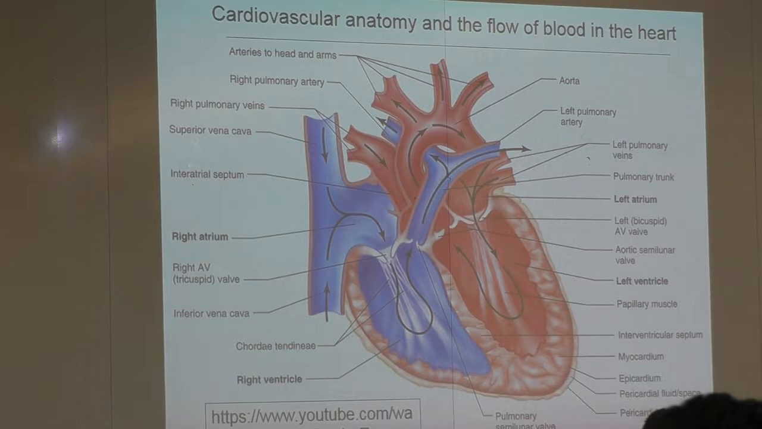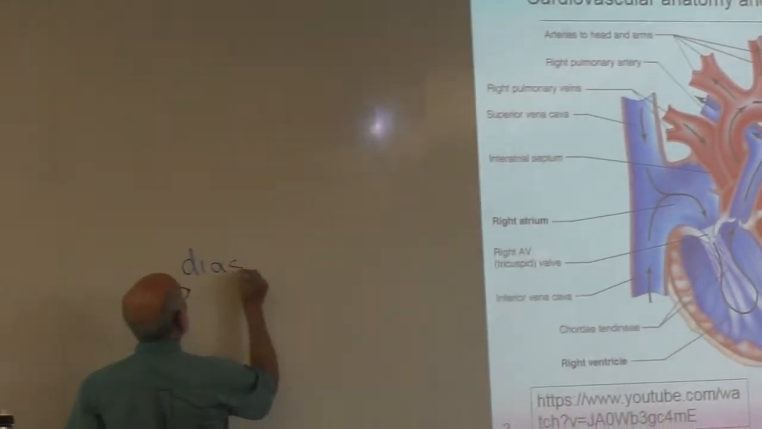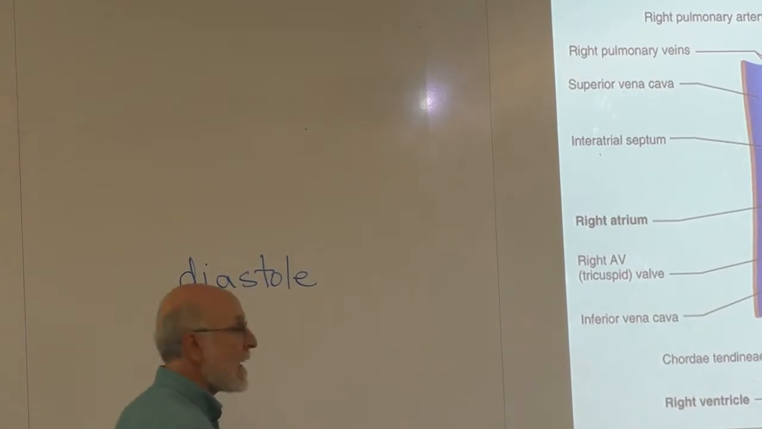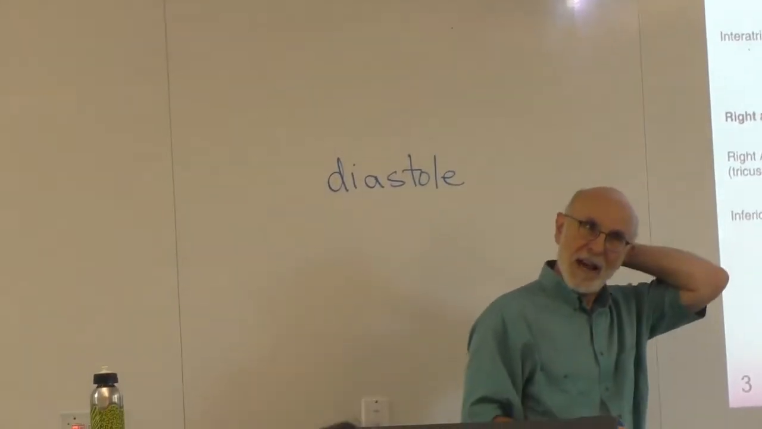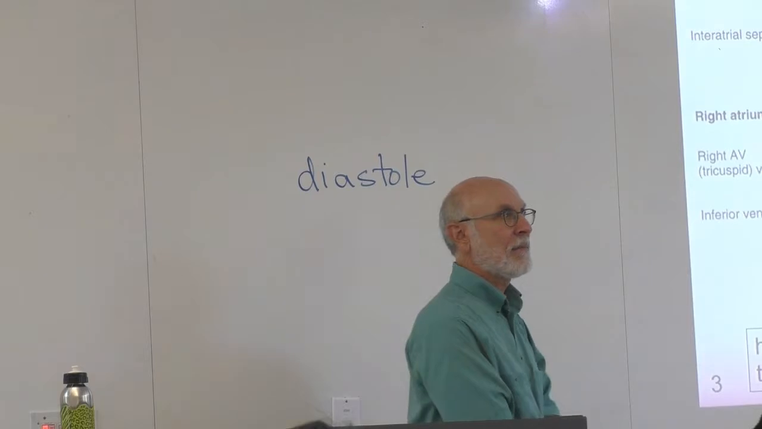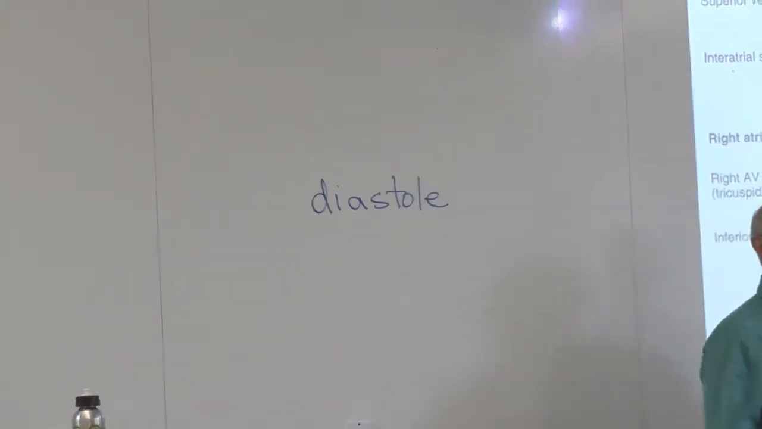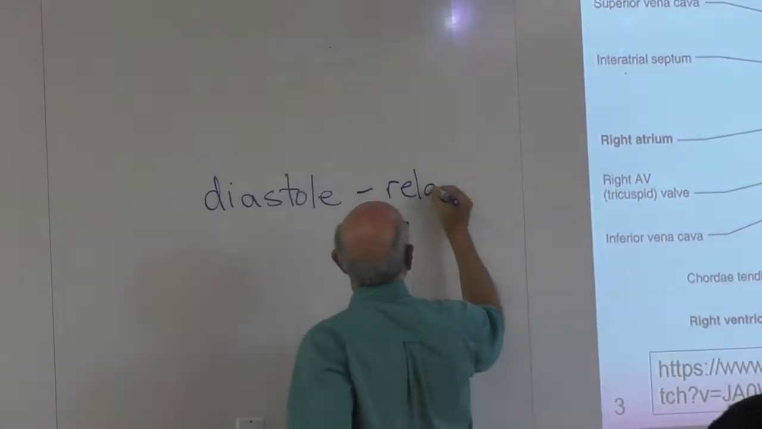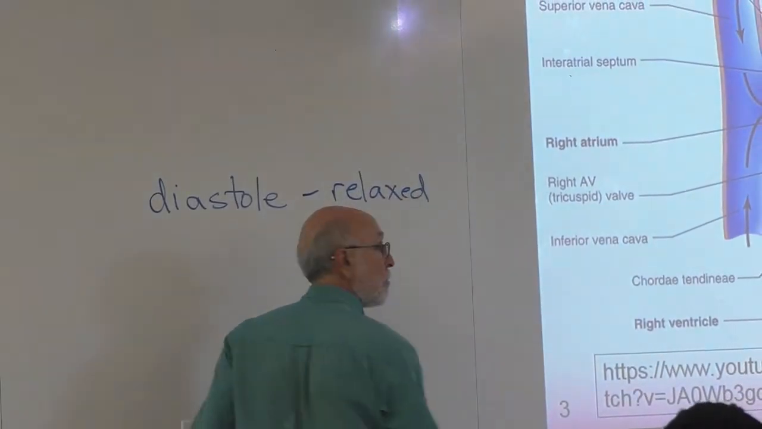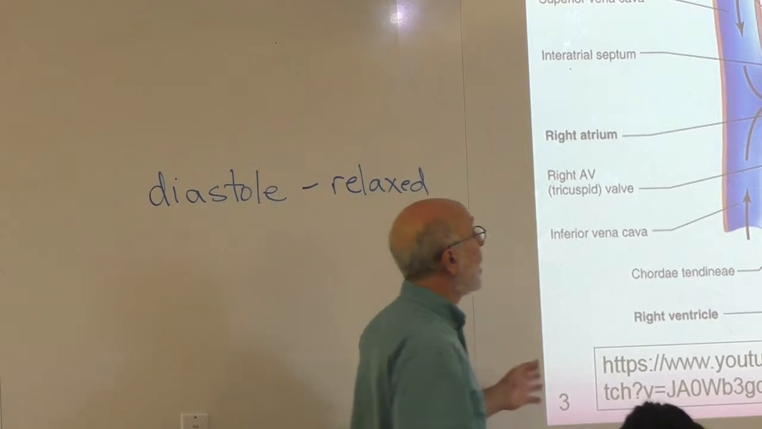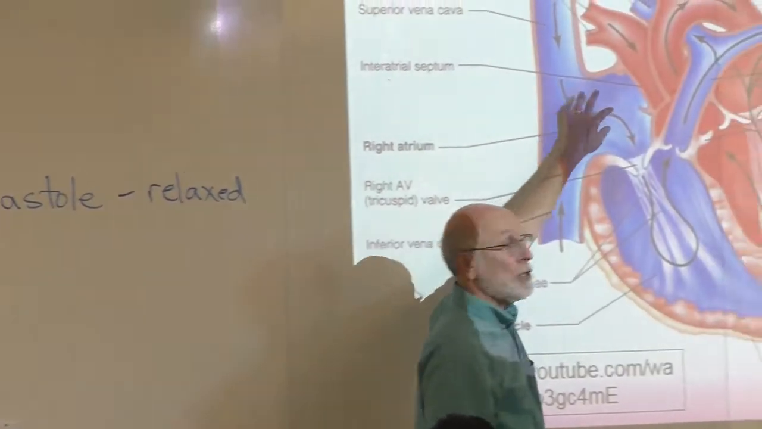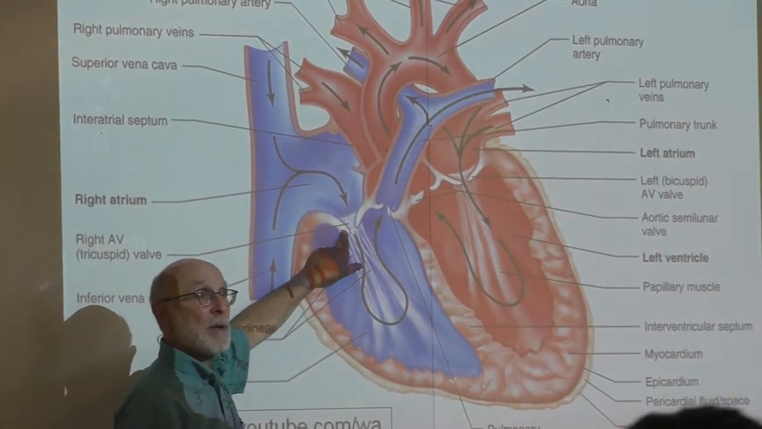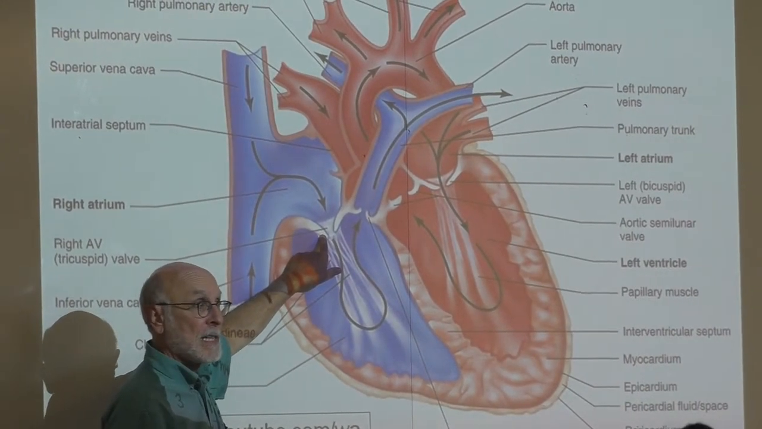this is a key word. Diastole. Someone says diastole, I'll correct you. It's not diastole, it's diastole. During diastole, which is the relaxed period of the heartbeat, blood is returning. Blood returns to the right atrium, and it flows through the tricuspid valve, which is open during diastole,